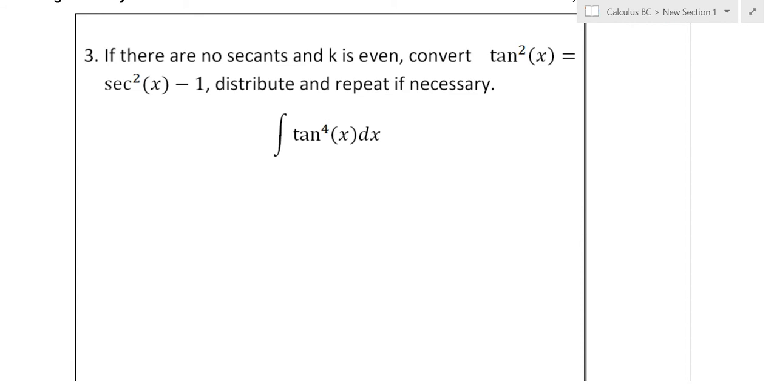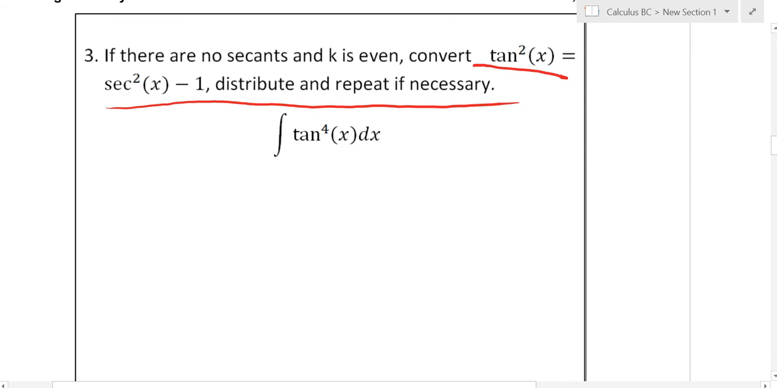If there are no secants, hello. If there are no secants, and we have even tangents, see what this says here? We're going to do this rule repeatedly until we get everything down to secants, okay? Good talk. So, here's how we're going to handle this. Ready for this craziness? We're going to rewrite tangent squared